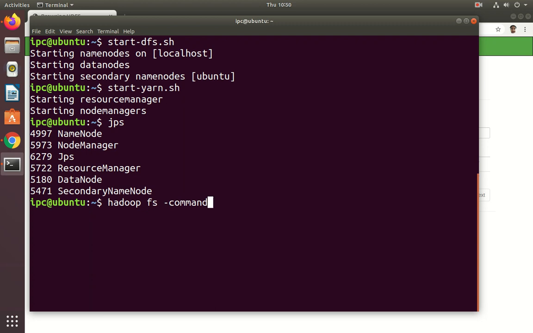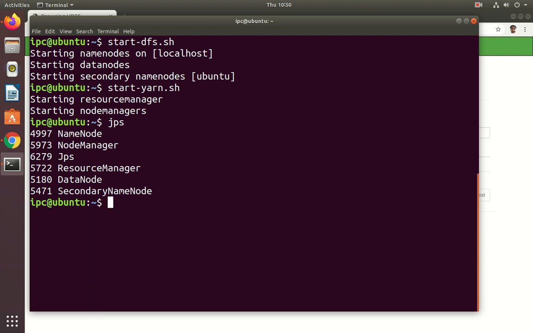The second approach is hdfs space dfs space hyphen command. You can use any one of the methods. I will show you these two options.